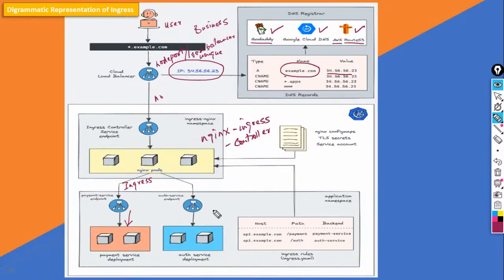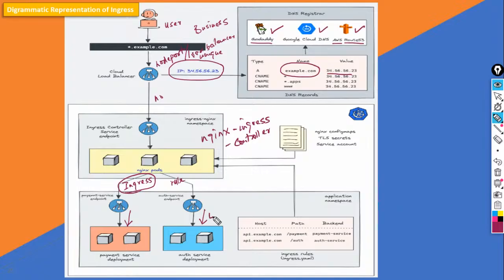Suppose you wanted to go to the authentication service endpoint, the auth service deployment. So you will hit the ingress, which takes you to this path. When you hit this rule defined within the ingress object for the ingress controller, you will end up not here, but here. And therefore, you can access the auth service, the authentication service,